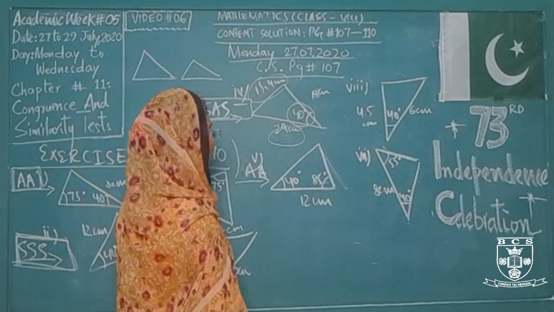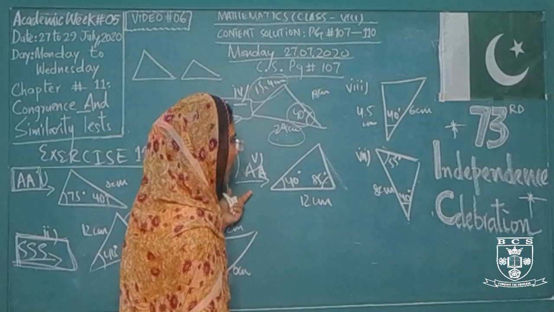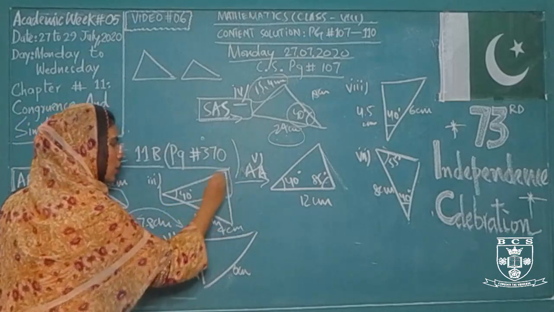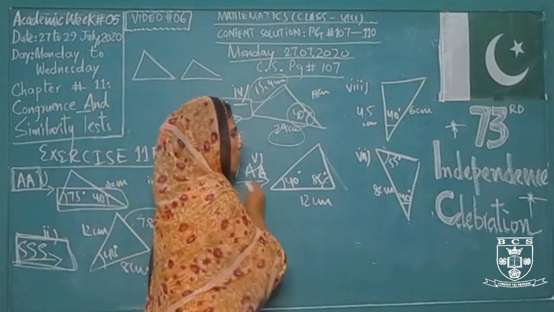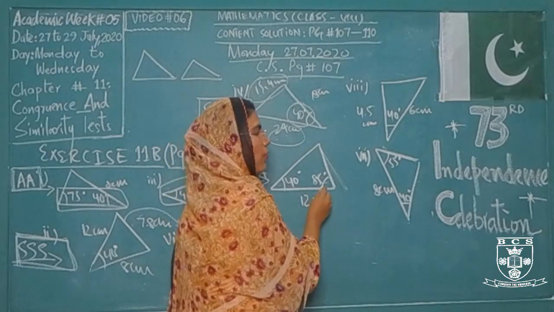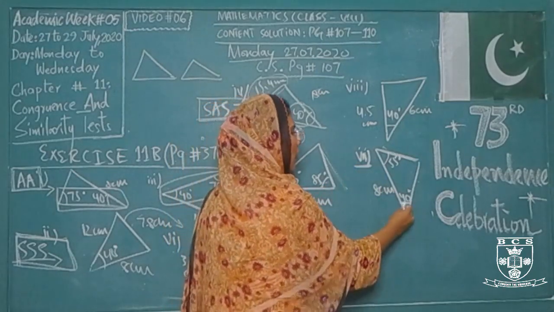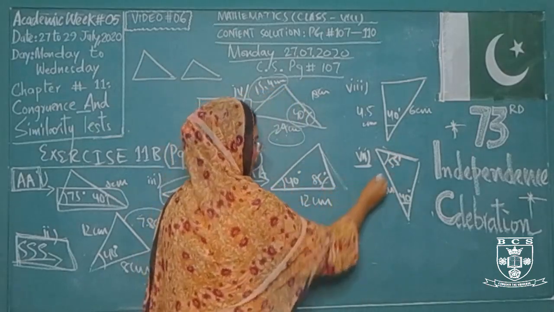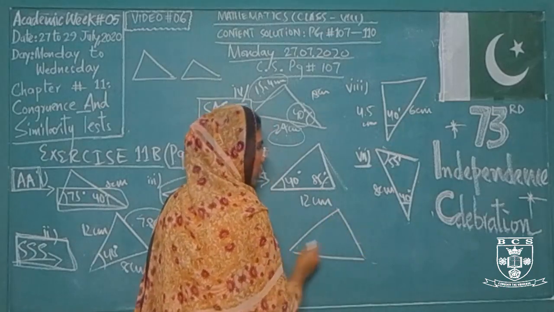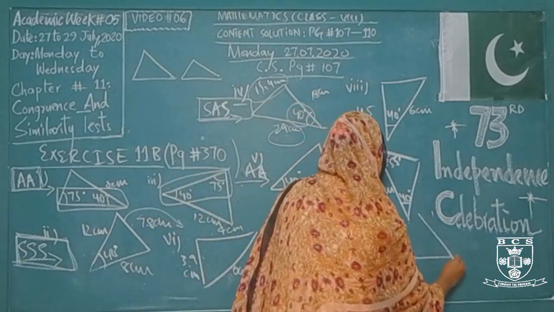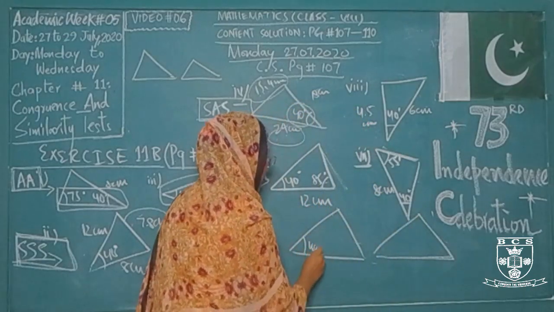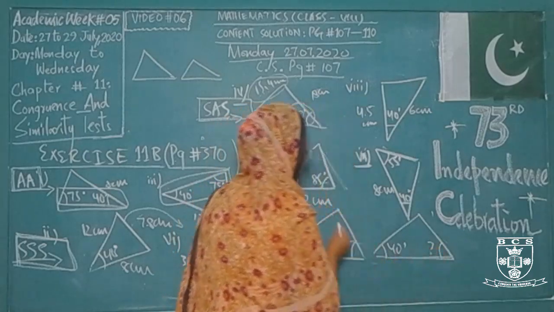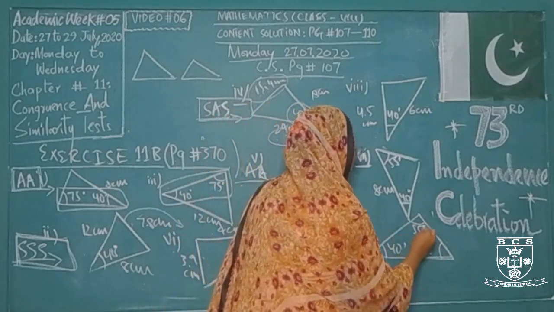For the last one, again it is representing the similarity of two angles. In number 1 we have the same triangles, same angles. In the fifth one we do not have the same angles. One angle is 40 degrees, the second angle is 85 degrees. Here in the seventh triangle, one angle is 40 degrees and the second is 55 degrees. So how are they equal? This one is just like this, and if I rotate this diagram it will also become this one. Here you have 40 degrees, it is also 40 degrees. Here you have 85 degrees, this angle is not given. Here you do not have any angle, and here the angle is 55 degrees.